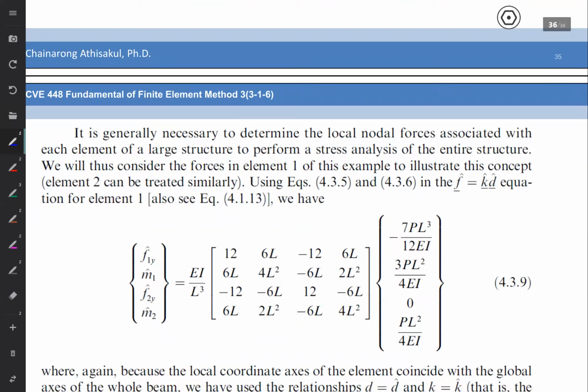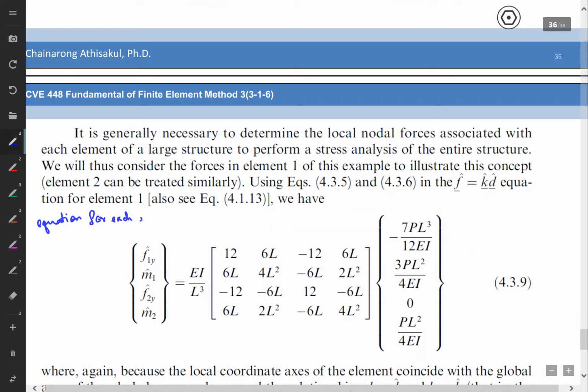We come back to consider the equation for each element, starting with element number 1 first. For the first element, the element equation can be written like this. We substitute the displacements, the degrees of freedom that we already obtained, into this equation, and we can solve for F1y, M1, F2y,